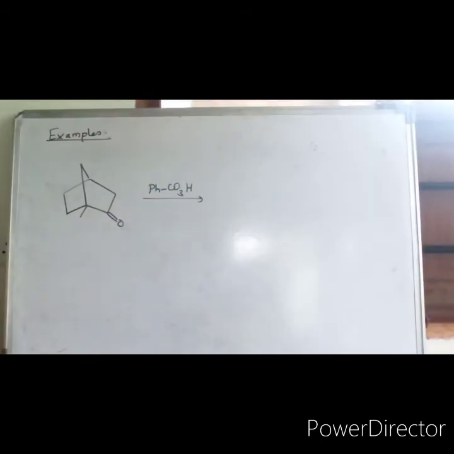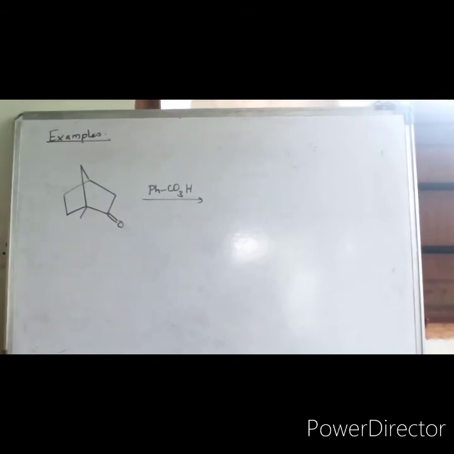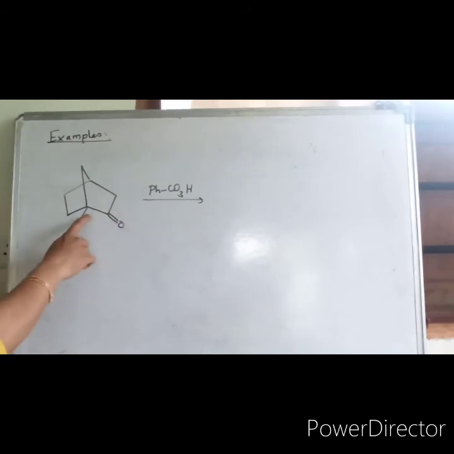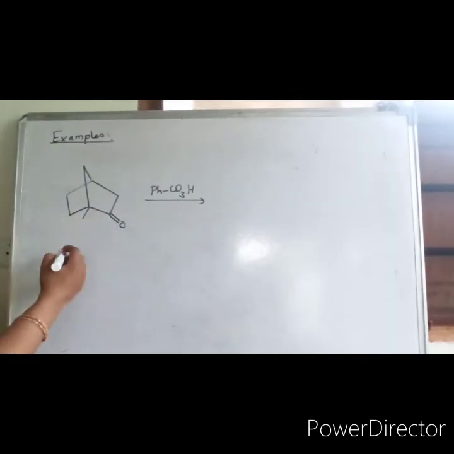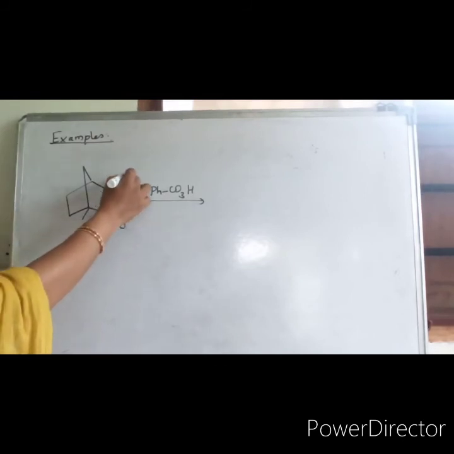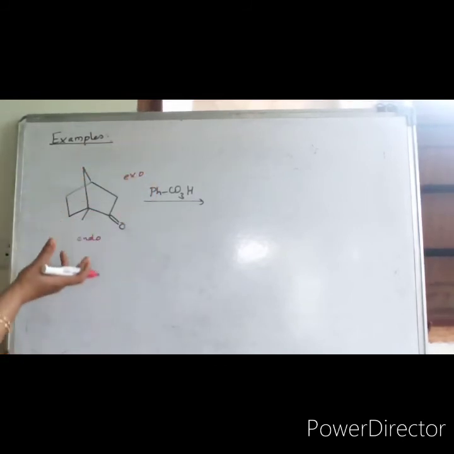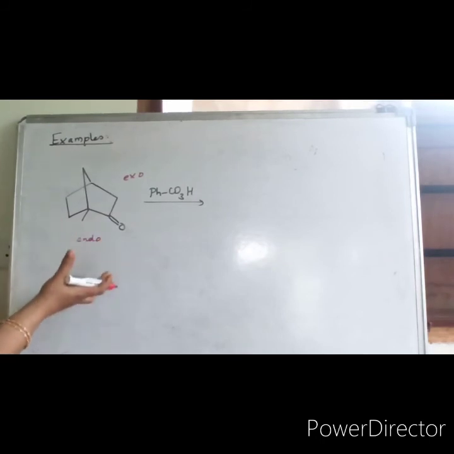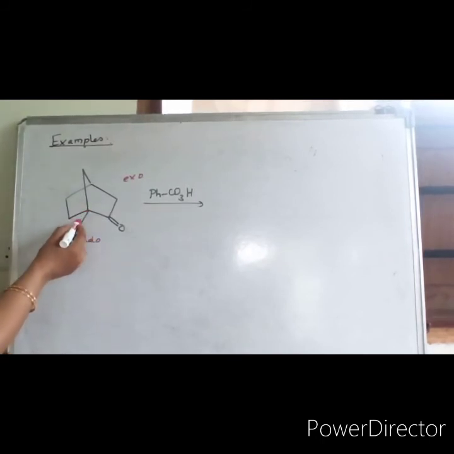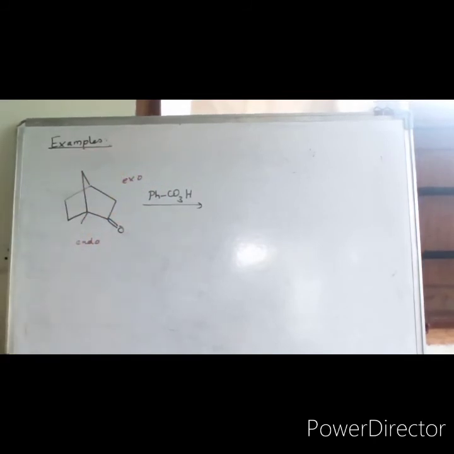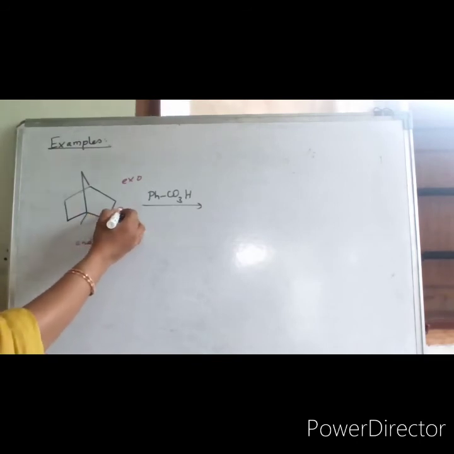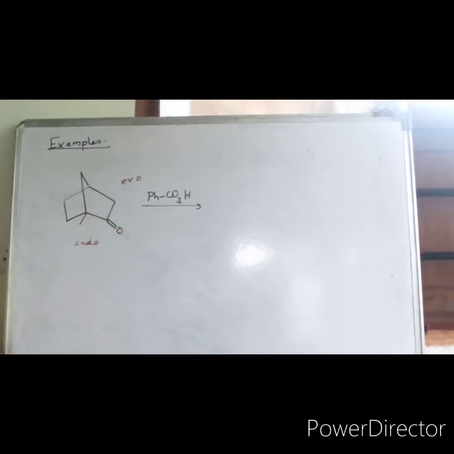Let us see what happens if bicyclic systems are employed for the oxidation using Baeyer-Villiger. Okay, so for example, this type of bicyclic system will be taken. Okay, so here you have to understand that this is known as endo face. This is known as exo face, top face. Okay, this is down face. So as you know, this endo face is crowded. Steric hindrance will be there because of the methyl group. So this face will be easy for oxidation. So that means here that OH plus will be coming.